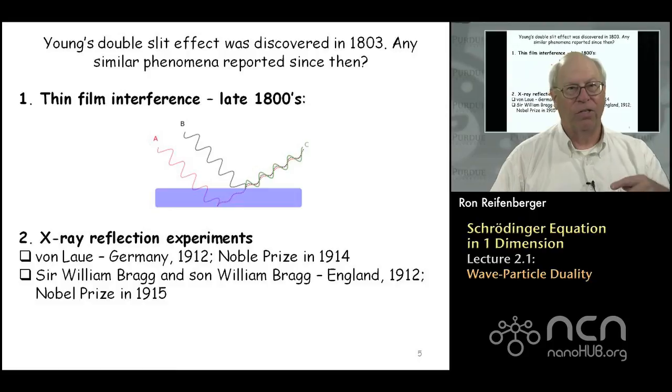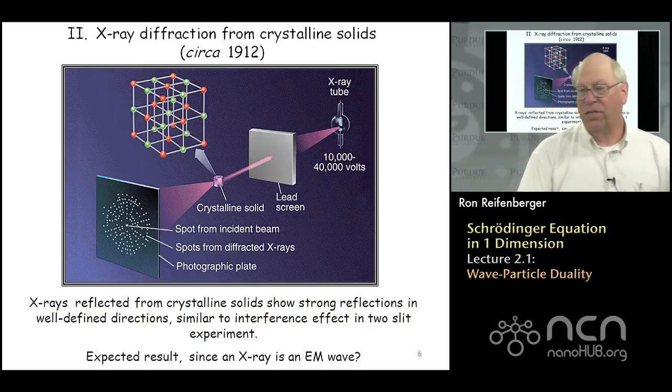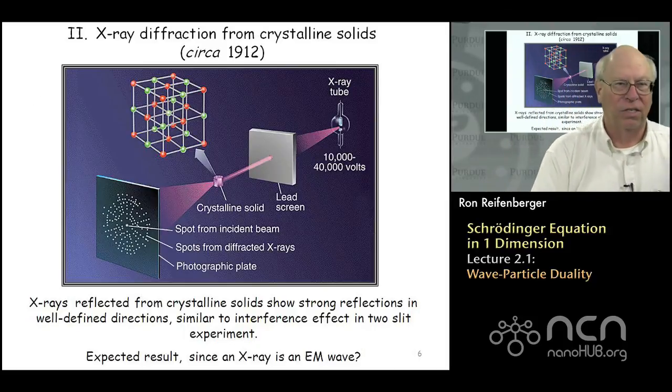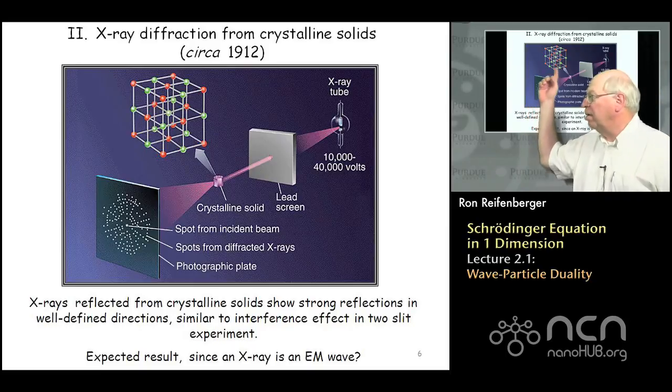And these experiments also prove that light is a wave, right? In this case, the light is an X-ray. The X-ray is a very short wavelength electromagnetic wave, and the phenomenon of X-ray reflection from single crystals can only be explained by assuming that light behaves as a wave. So this technique is now used extensively to sort out the crystalline structure, the actual atomic positions, right, of atoms inside of crystals, and